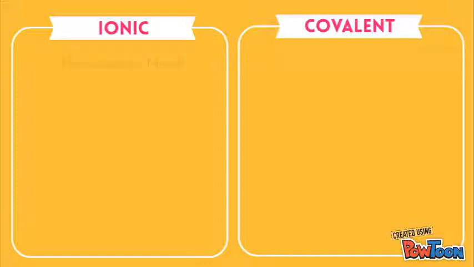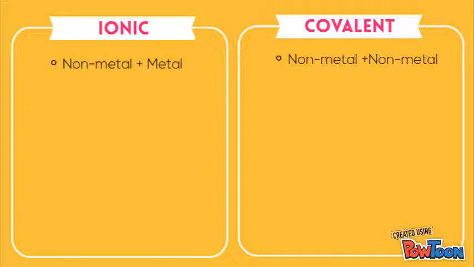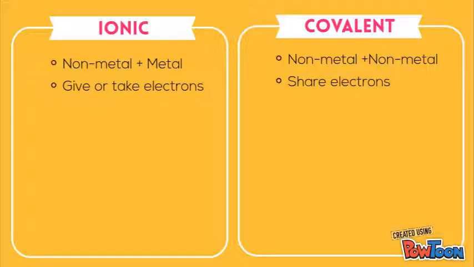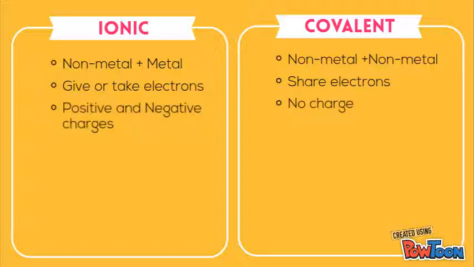Ionic bonds are between nonmetal and metal elements, whereas covalent bonds are between nonmetal and nonmetal elements. Another difference is that ionic bonds give or take electrons, whereas covalent bonds share electrons. Ionic bonds have positive or negative charges, but covalent bonds have no charge. Ionic bonds have high melting points and boiling points, which differs from covalent bonds, which have low melting points and